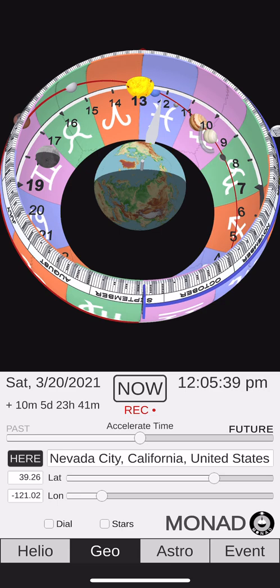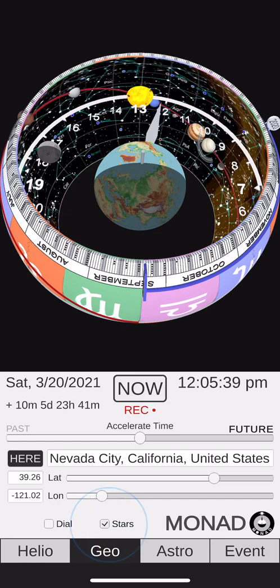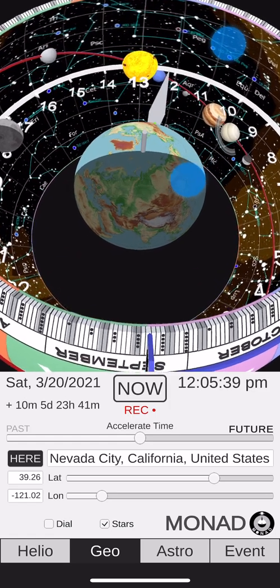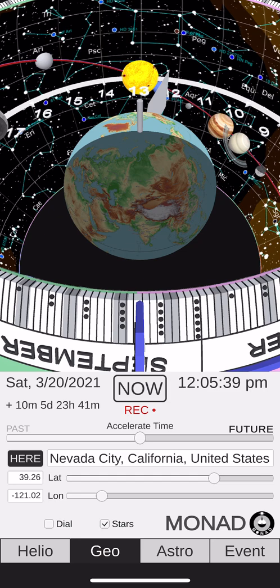And now, instead of the signs of the zodiac, I'm going to show the stars and constellations on the inside of this celestial ring. And if you look closely here, you can see here's Pisces and there's Aries. Now, the signs showed Pisces on this side of the sun and Aries on this side. Here's Aquarius, Pisces, Aries. Now, these constellations have precessed away from the nodes over the course of the past 2,000